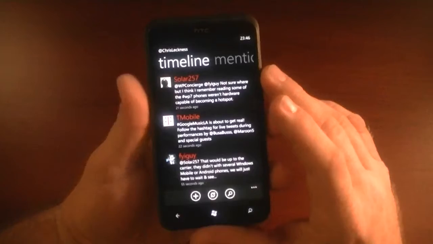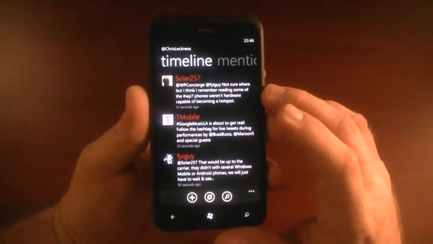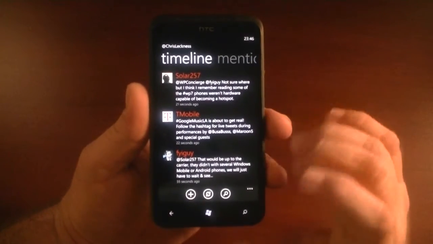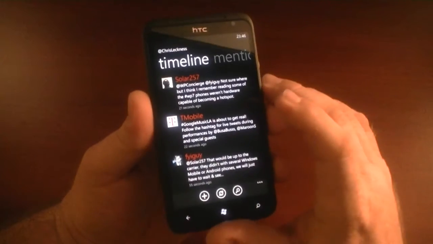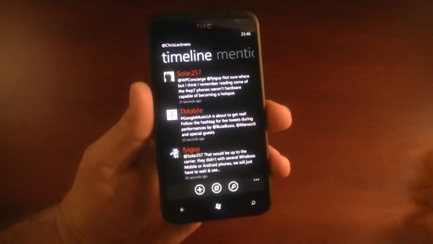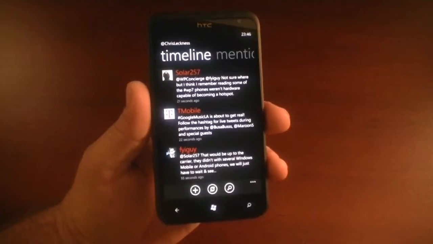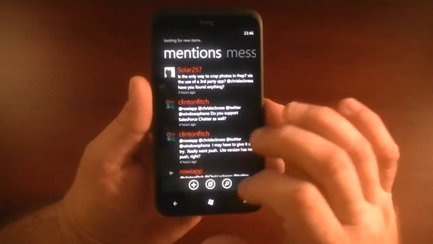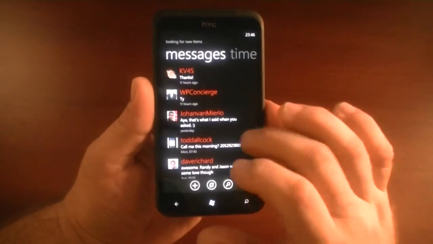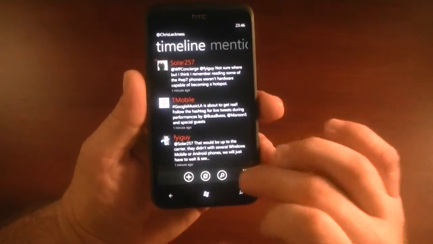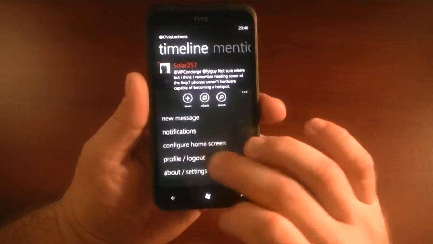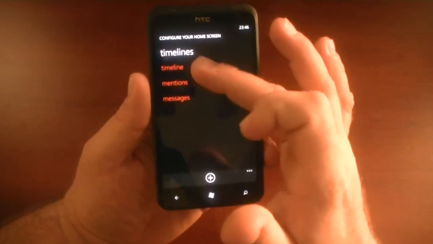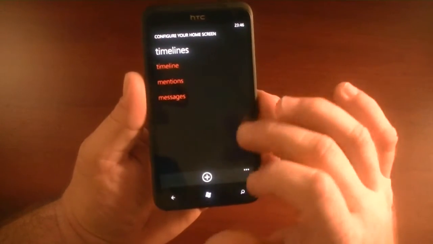Out of the applications I'm going to show you here, this Rowie application is the only one that appears to have the live tiles at work. Seismic kind of works, but I'm not sure it's totally accurate right now. And you've got mentions, and then you've got your messages, and that's about it. One thing I don't like is that there's not a lot of, you can configure your timelines, your mentions and messages,